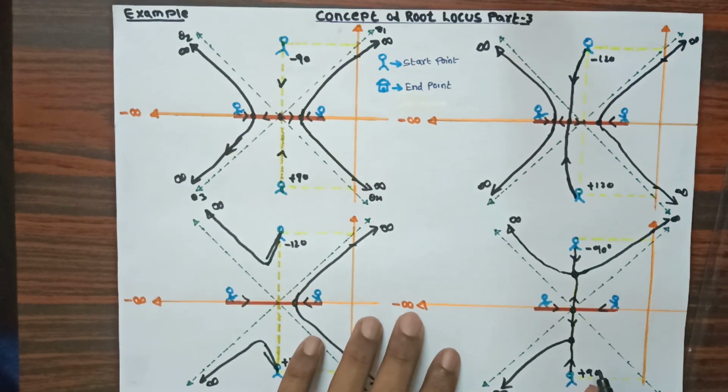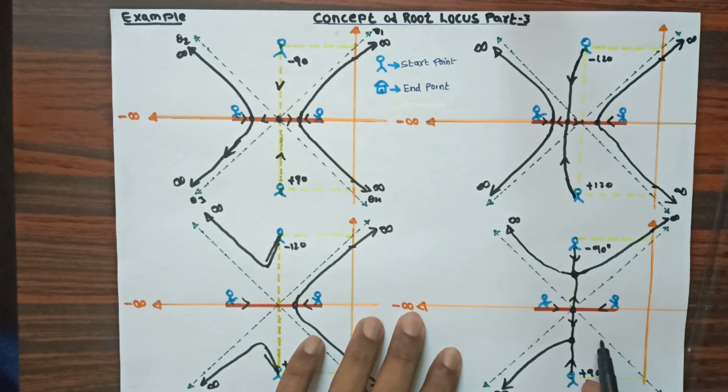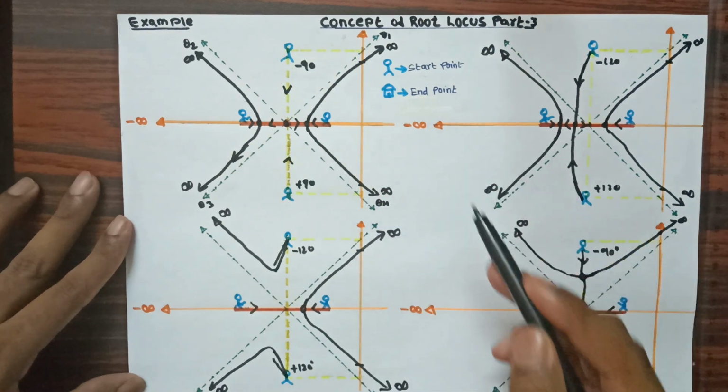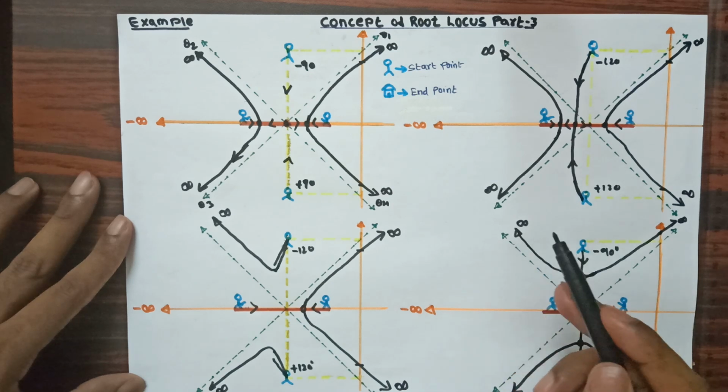Once they meet, he will observe this angle, and one person will go towards the infinite destination in this way. The other person, you can see, will observe this angle and he has to observe the intersection point also. I am providing the intersection point somewhere here. He will move towards the infinite destination in this way.